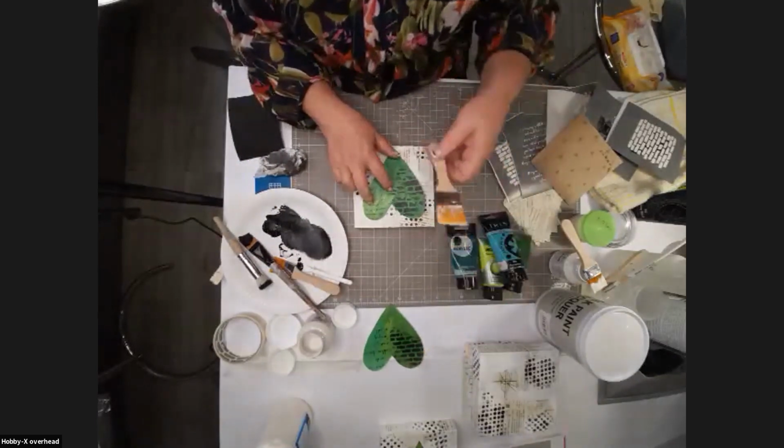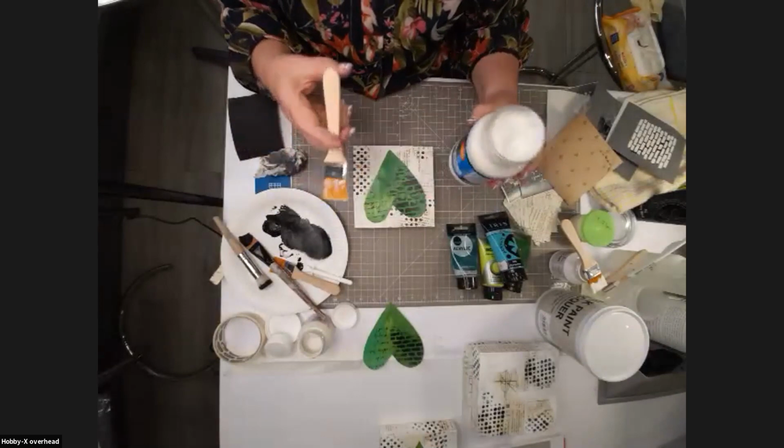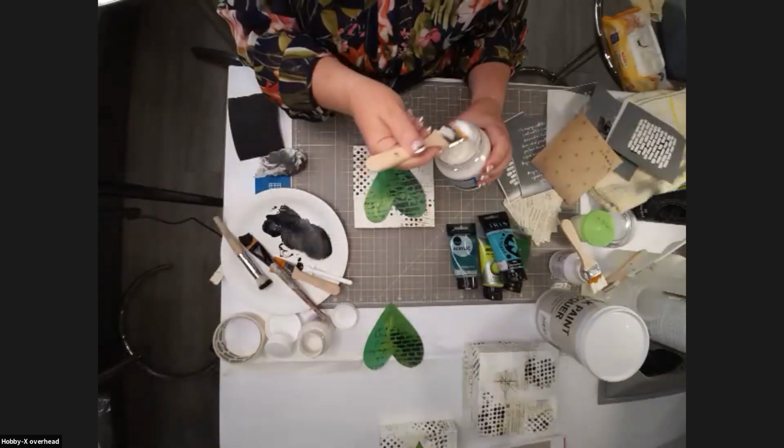And I'm going to use gel medium again. Again, this is the gel medium, and exactly,